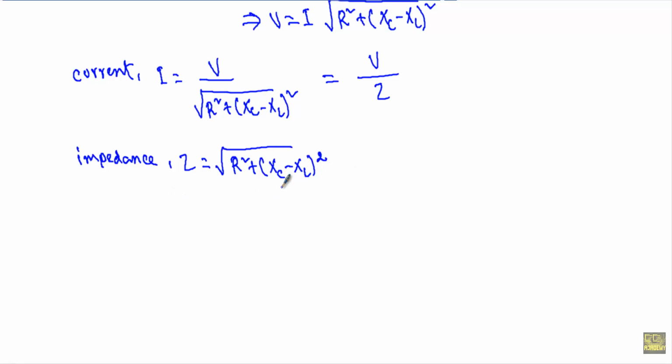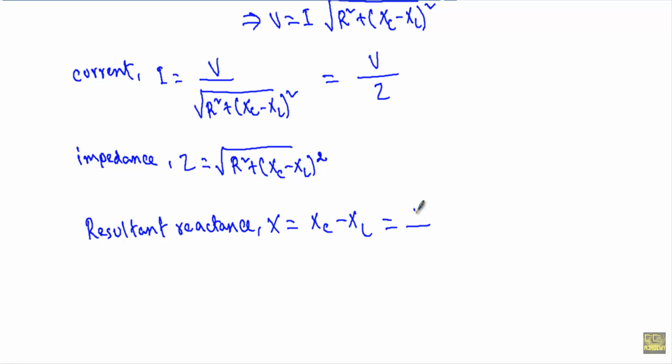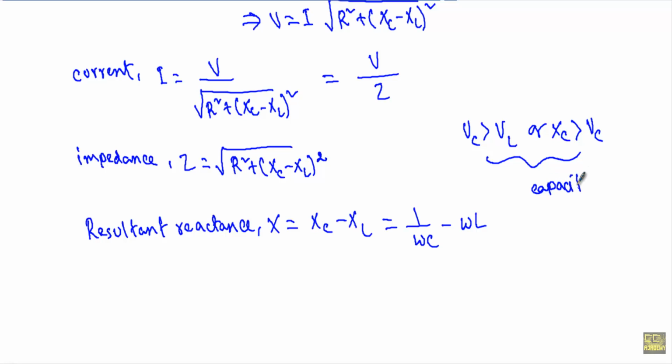Okay, here XC equal to 1 by omega C and XL equal to omega L. Therefore our resultant reactance, we will denote that with X, that will be equal to XC minus XL, or 1 by omega C minus omega L. See here, as VC is greater than VL or XC greater than XL, this is a capacitive circuit, and in any capacitive circuit, current I leads